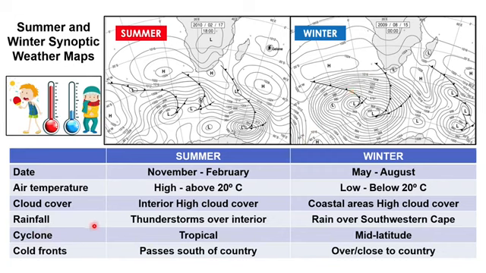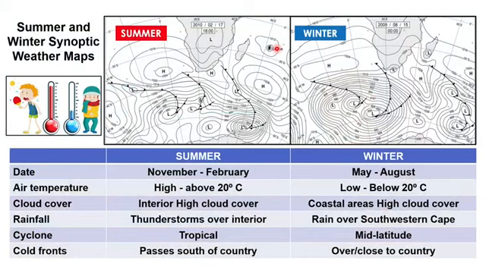The type of cyclones that are present during summer, there we go, there's a tropical cyclone. But remember, the absence of a tropical cyclone doesn't mean that it's not summer. Tropical cyclones only occur in summer, but they are not there throughout the entire length of the summer months. There could be weeks during the summer months where there's no tropical cyclone present. So a tropical cyclone tells me it is definitely summer. But no tropical cyclone does not mean it's winter, because there are parts of summer where there aren't tropical cyclones present either. Okay? But during winter, if we go back to our map quickly, we will see